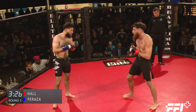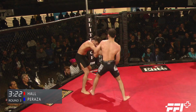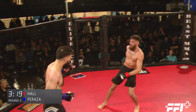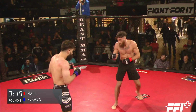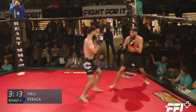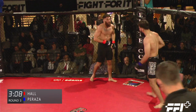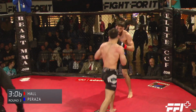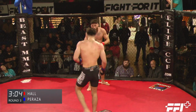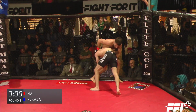Hard low kick. Yeah, KP needs to keep it. This is where he needs to keep it, man. He tagged him. He has Michael Hall's attention in the striking. Big head kick again. Big push kick to the body. He's finally corralling him a little bit. KP finally coming online. Is it too little, too late? He's got 3 minutes to work here. Michael Hall still a dangerous guy, but now it's KP pressing the action in the